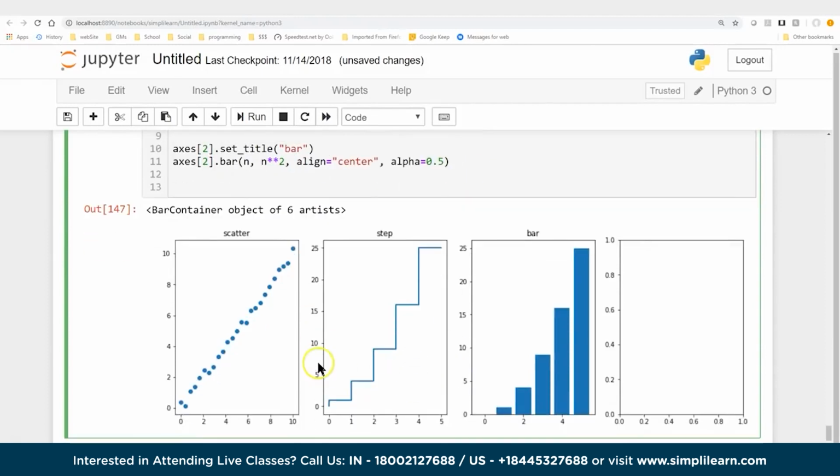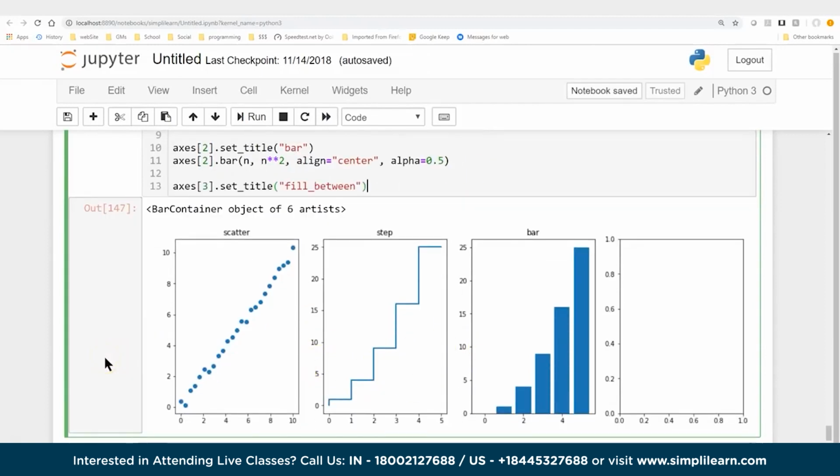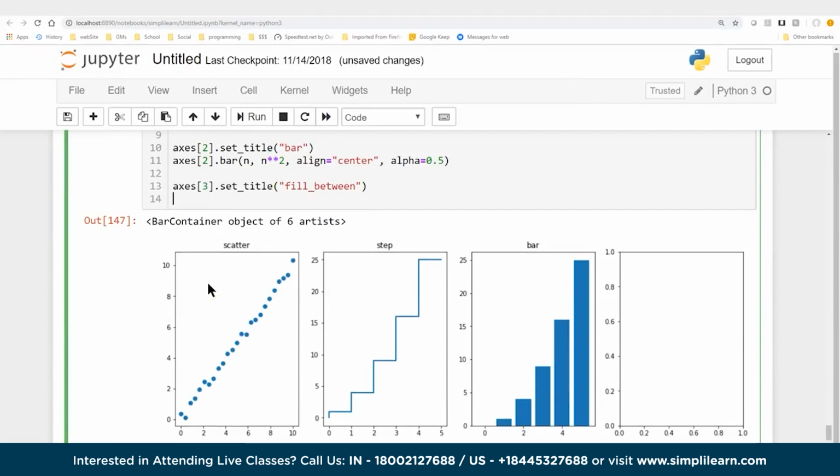Now, I can't say I've used the step graph very much. There's certain, I guess, domains of expertise that require a step graph. But the scatter plot and the bar graph, very common, especially the bar graph. And we'll look at histograms here in just a minute. So I use histograms a lot, especially in data science. But this is nice if you have very concrete objects. How many people are wearing yellow hats? That kind of thing. But if we're going to do that, let's go ahead and do the last one,